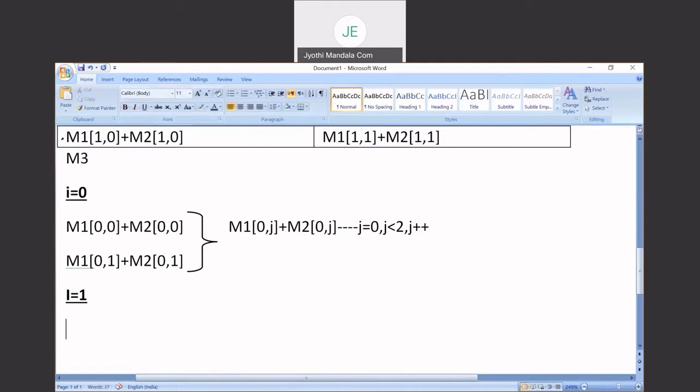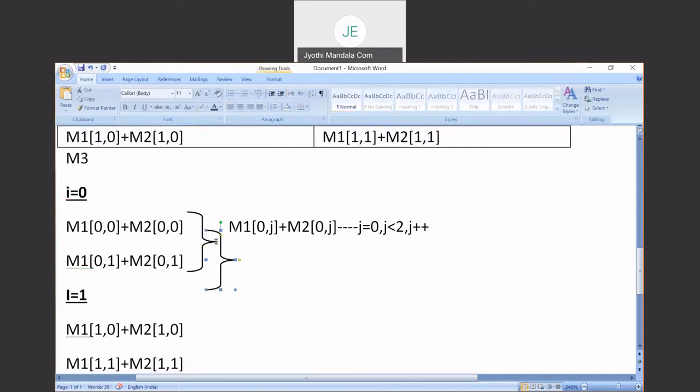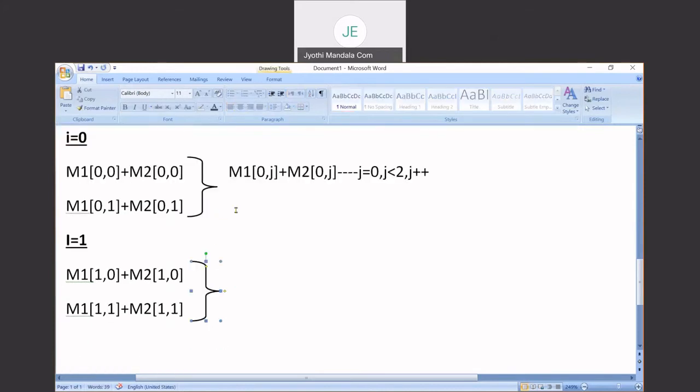I am copying this statement here and this statement here. Now the same thing we can do here also, where these two statements can be combinedly written like this. But the only thing we need to modify here is I value is 1 here, not 0. So you need to write 1.